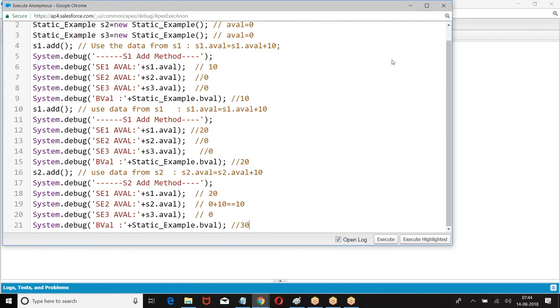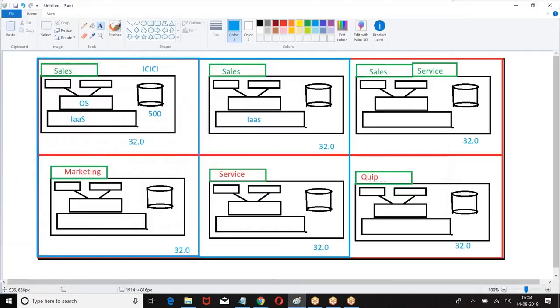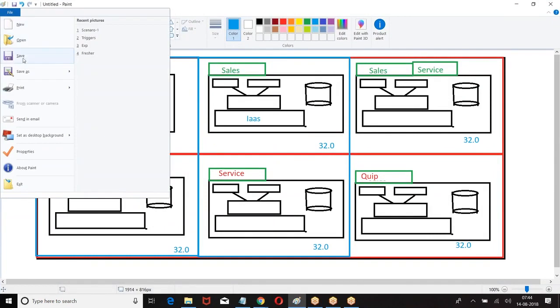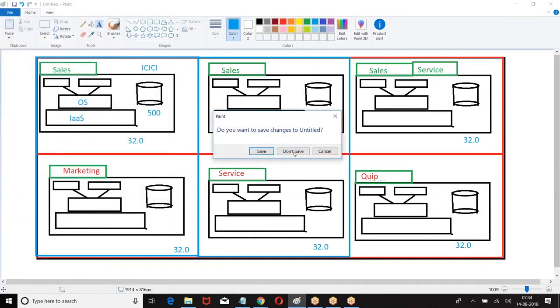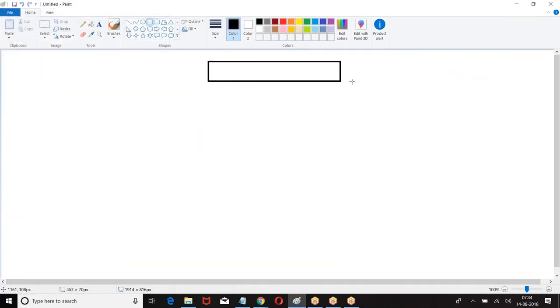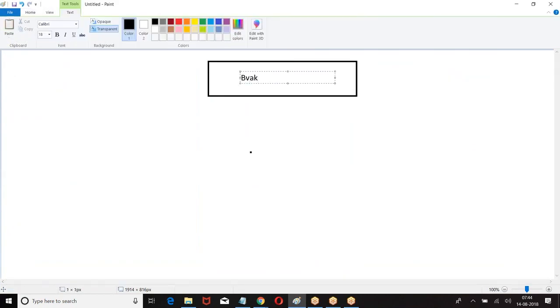Now, Satish, yes, make it fast. Can you explain once again how the memory allocation of static variables happens whenever a class is loaded? It's an internal process. When the class is loaded, on the name of class, memory will be allocated.